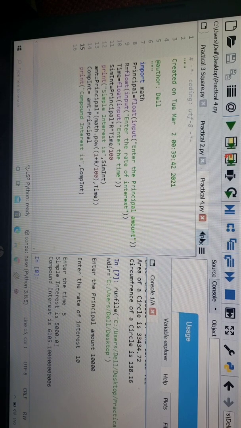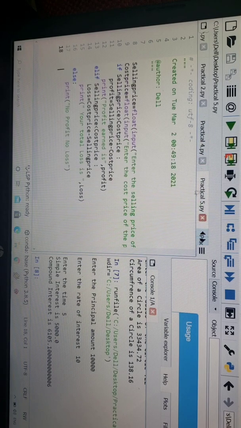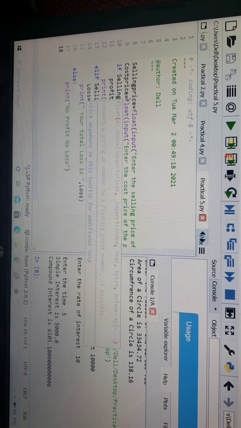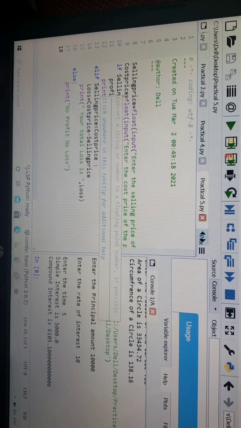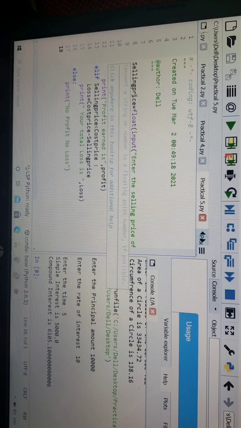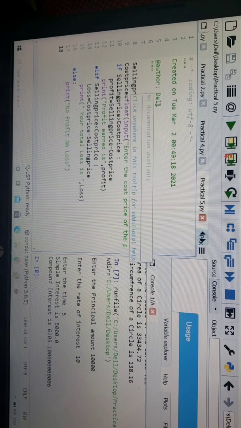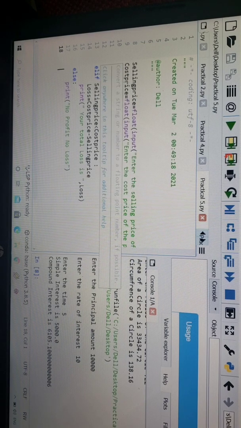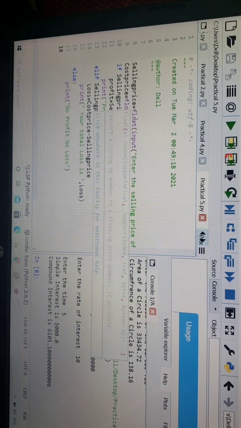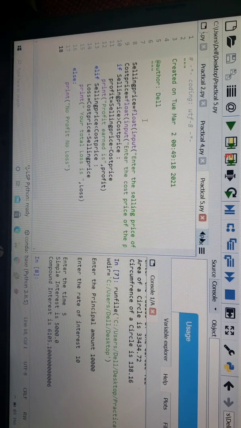Next is to calculate profit and loss for given cost and sell price. So this is also a very easy calculation. Let's see its coding. Selling price, first we need to enter. Cost price you need to enter. See here you can take the variable whatever you want to take. I have taken the exact thing which is the demand of the program. You can change it, you can directly have SP, CP, that is up to you. Selling price, float, because the price of any product could be in decimals also, no? So I have taken float here, entering the amount.